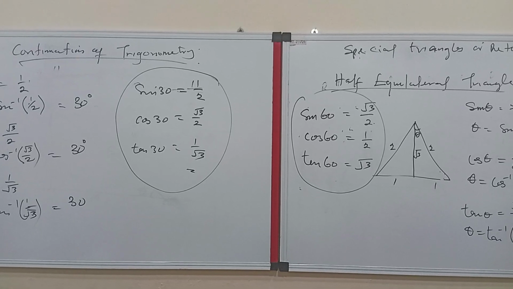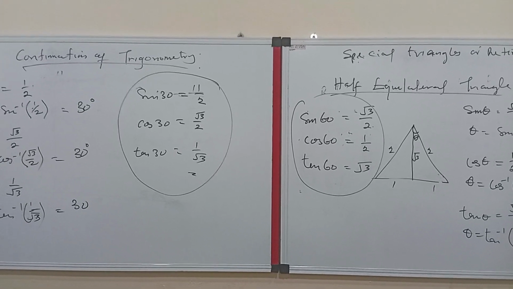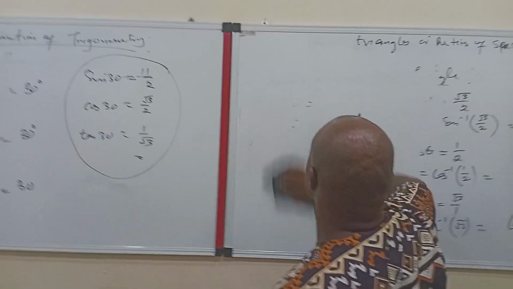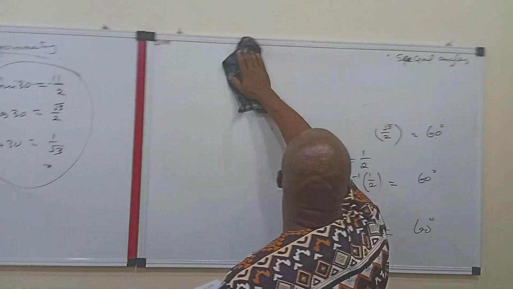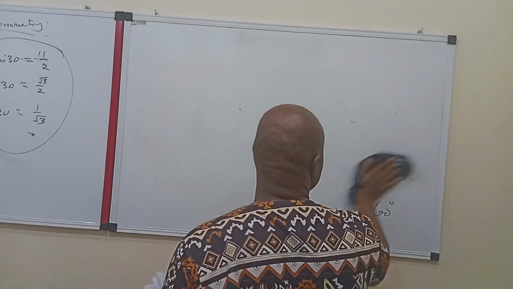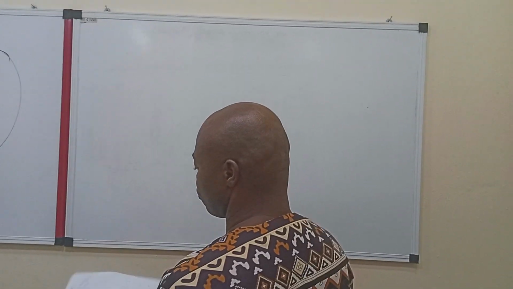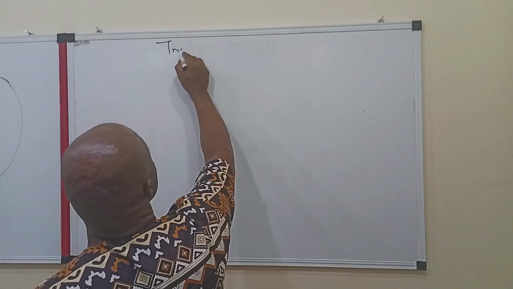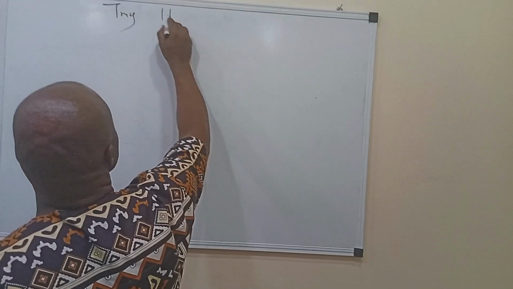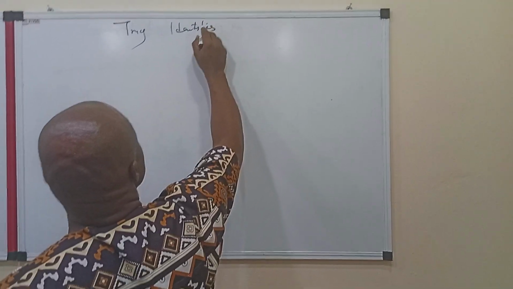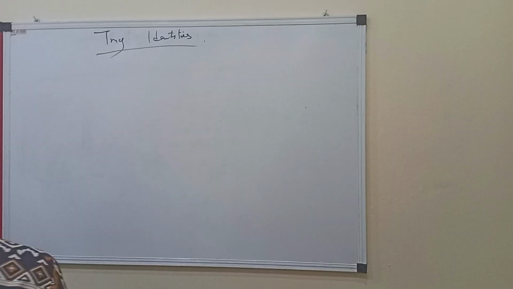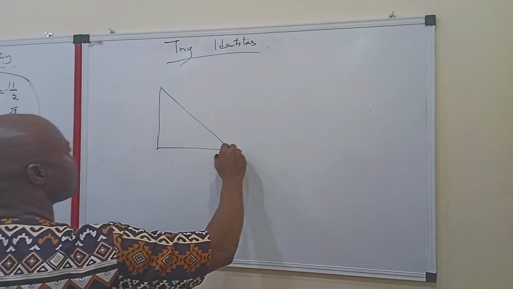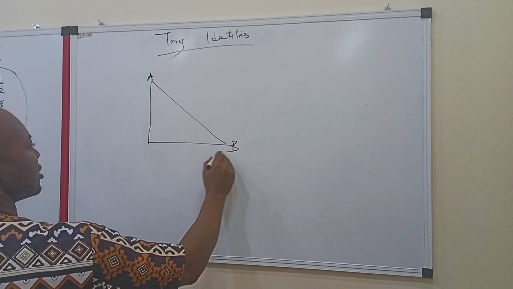Now let's look at some trig identities. Then, if we consider a right angle triangle, where the vertex here is A, here is B, here is C,